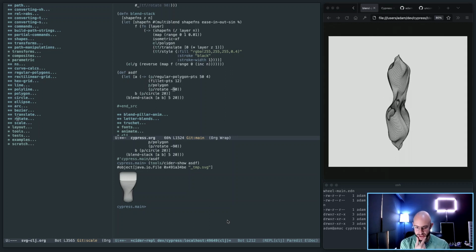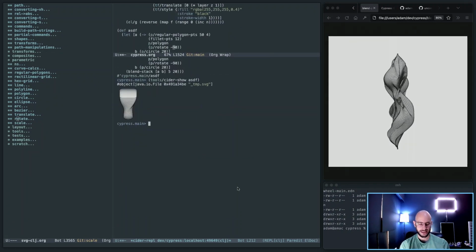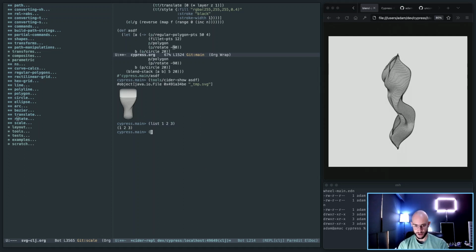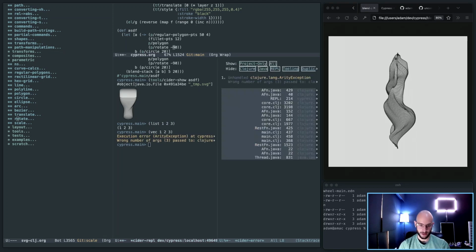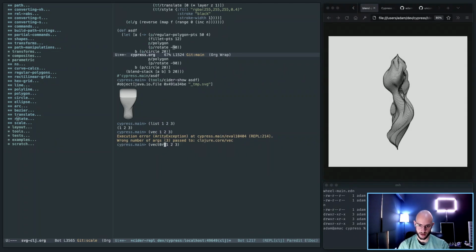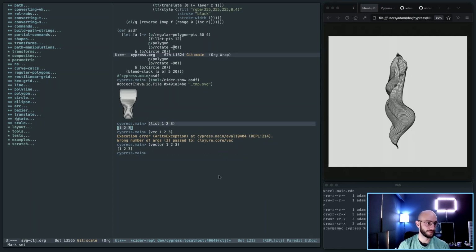Is Clojure lazy by default? Yes, it is. Well, let me be a little more nuanced. It is basically lazy by default, but there are things like this. If I do list 1, 2, 3, this list is lazy by default, okay? But if I do vector 1, 2, 3, if this were a massive vector, any vector is not lazy. It's evaluated all at once and plopped into memory. But a list like this is not. So if you have